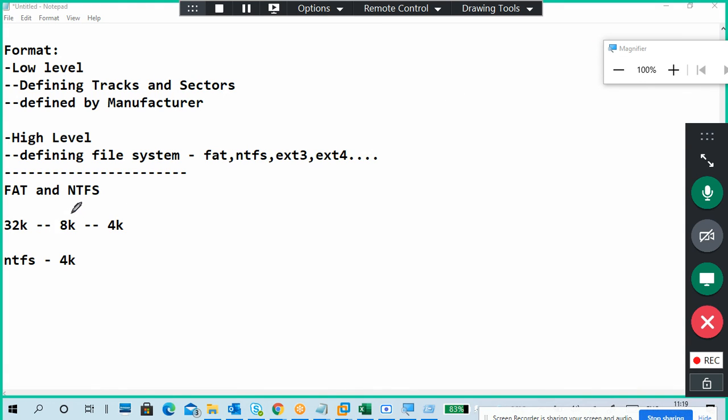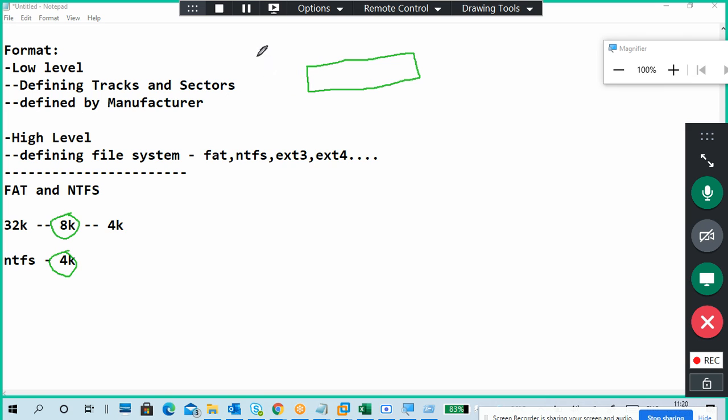I will try to explain with the 8K and 4K difference, not 32K, because 32K is a very big one. Understand this allocation unit and what the advantage of it is. This is my allocation unit, my group of sectors.